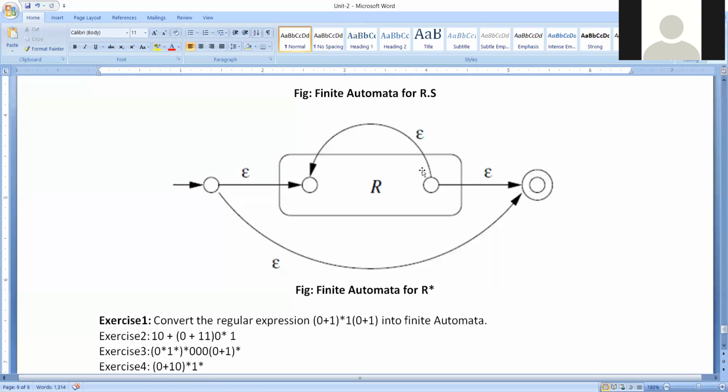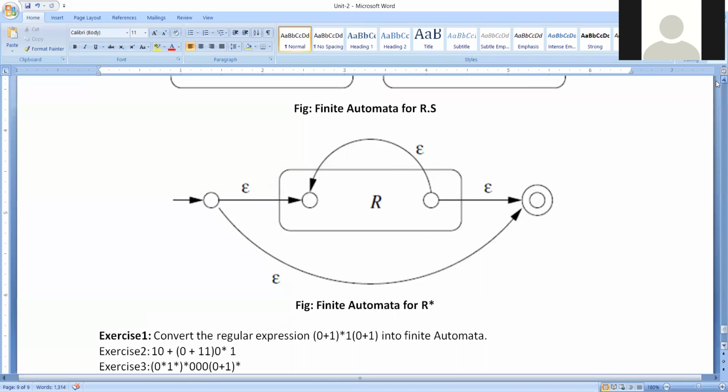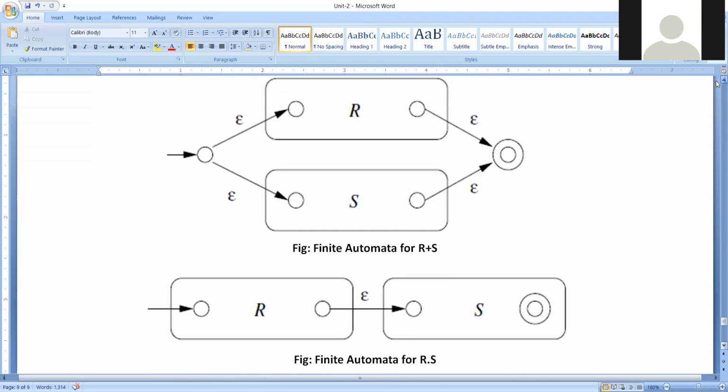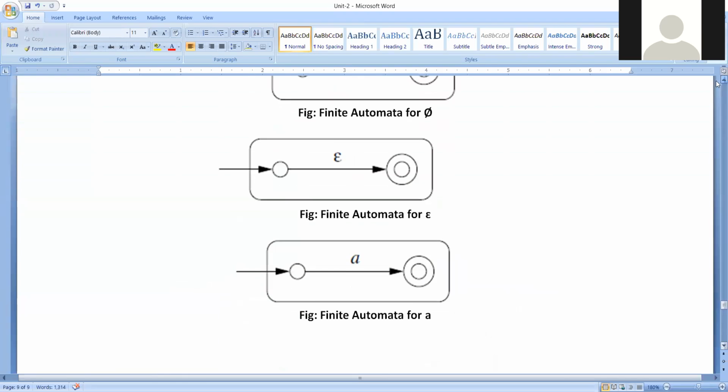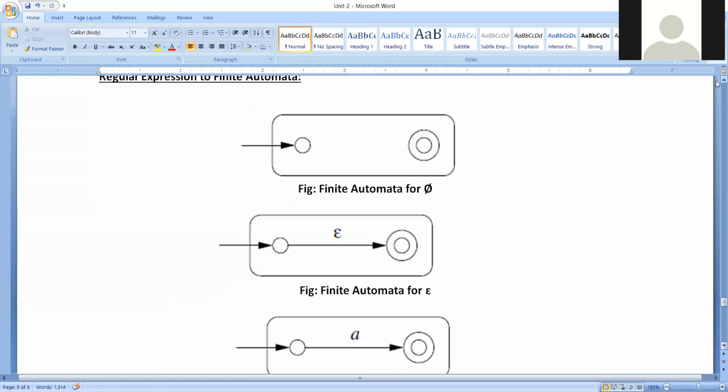Okay, now by using only these basic diagrams, these 6 automata, we are going to construct the finite automata, more specifically NFA epsilon, for the given regular expression.